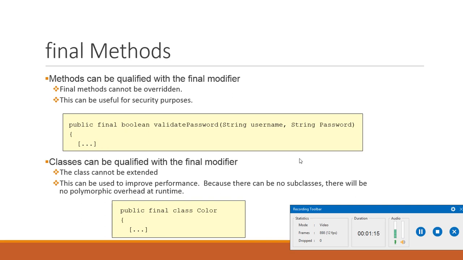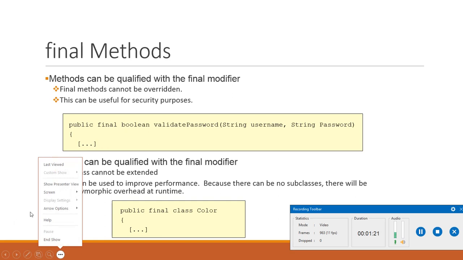Now another important thing to note in case of overriding is that you can always change the access permission of an overridden method. That means you can change the access permission of an overridden method from private in the base class to public in the derived class. That means if you have declared a method as private in the parent class, when you are doing the method overriding in the child class, you can declare the same method as public, or in any other way that can make the access permission more permissive.